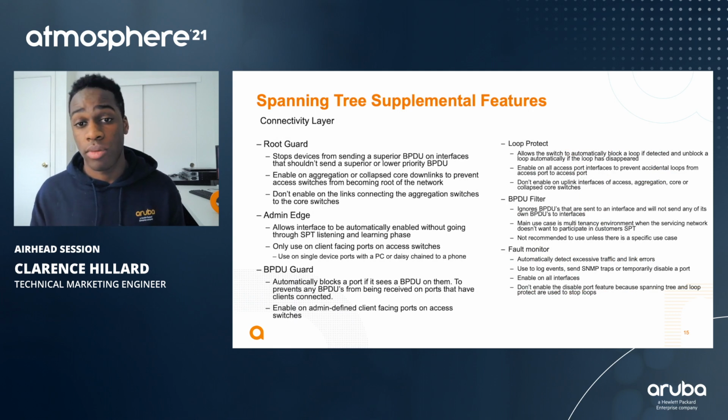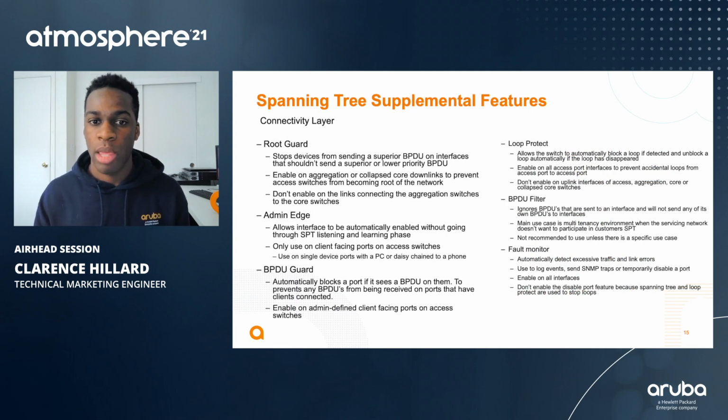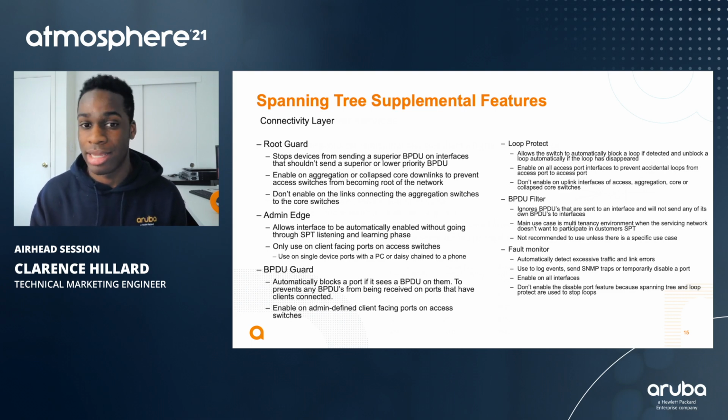So there are a lot of supplemental features to spanning tree. Root guard, admin edge, BPDU guard, loop protect, BPDU filter, and then the fault monitor. So root guard, you're going to want to have this enabled on your aggregation or collapsed core switches. The reason for this is it prevents any access switch from taking over root on your network, right? And you really want that protection, so nothing else becomes root on your network. Or if something does try to, it's going to shut down those links, and that device won't be able to join or get any connectivity until it gives up that root level